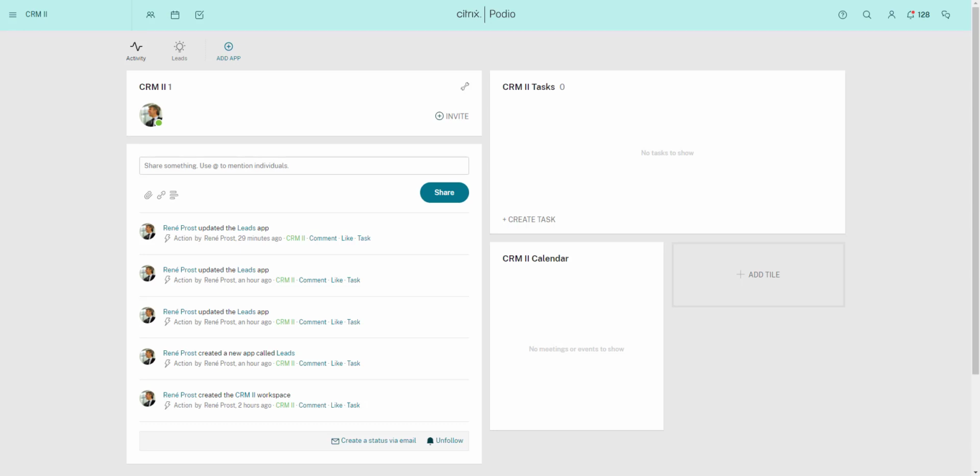Here's how to import data from an Excel spreadsheet to a Podio app. This will create items in the Podio app based on the rows in your spreadsheet. For this example, I'd like to import my list of clients and leads to a CRM workspace that I've just